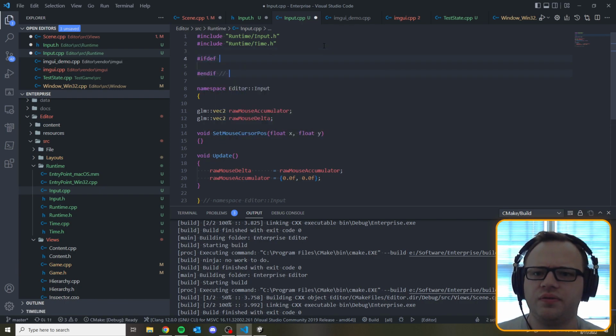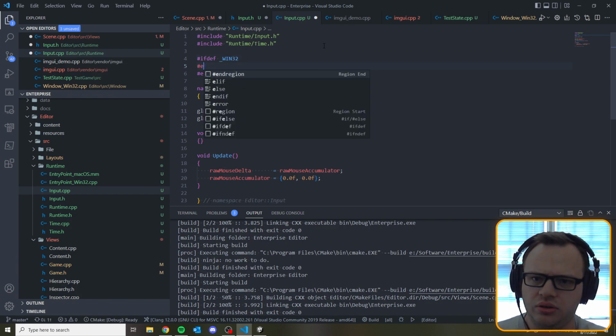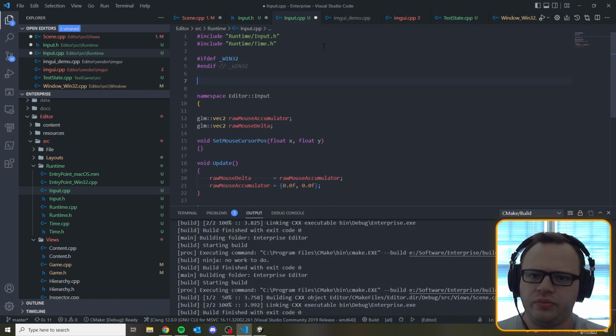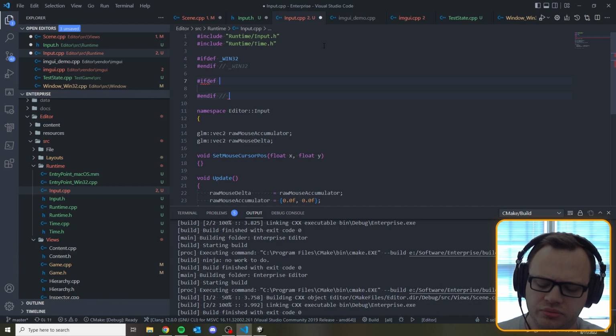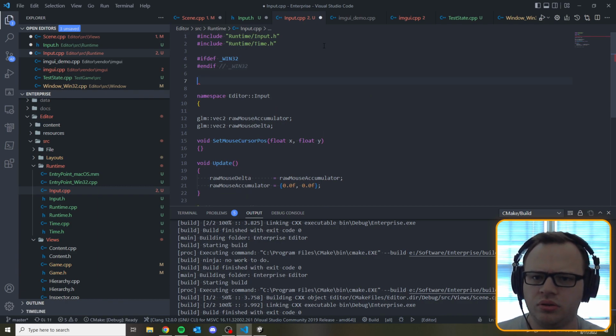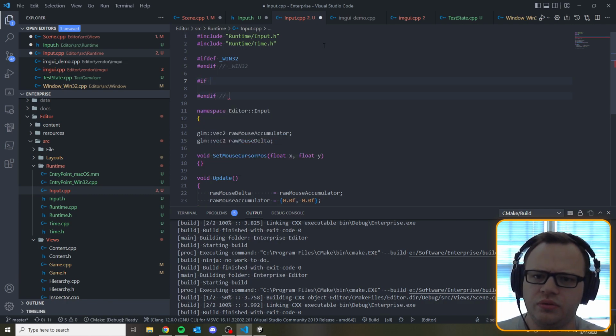So we'll say ifdef _WIN32, 32, not 23, and actually it'd be if defined, I think it's Apple, and defined